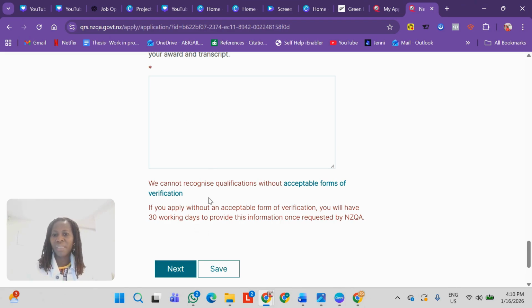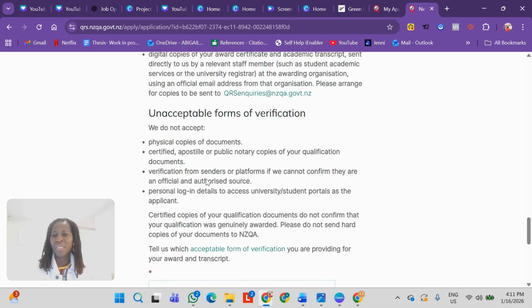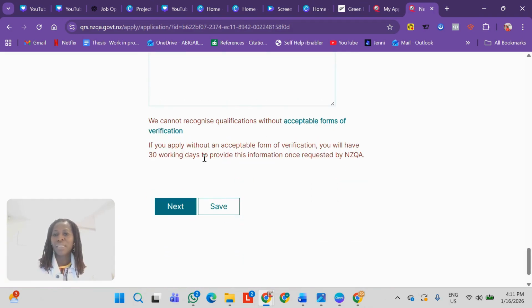Once you put in all the details, you can move on to the next stage. Since I'm not uploading any document, I will leave it as it is. So once you fill it all out, you send it in